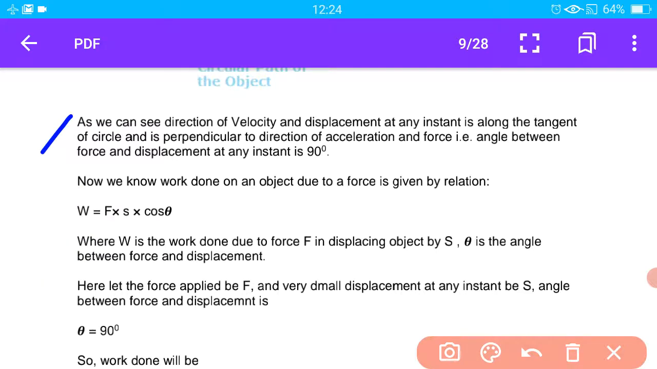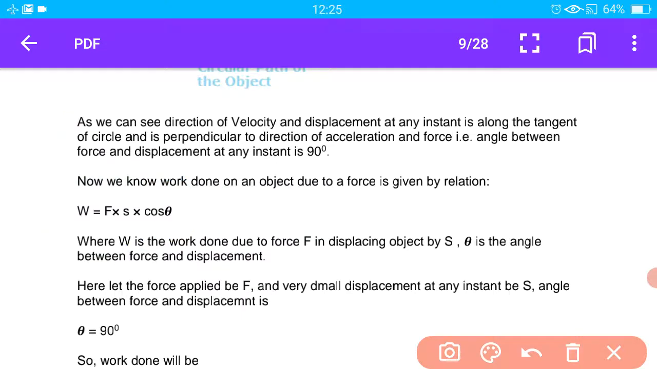As we can see, the direction of velocity and displacement at any instant is along the tangent of the circle, and it is perpendicular to the direction of acceleration and force, so the angle between force and displacement at any instant is 90 degrees. Now we know the work done on an object due to a force is given by a relation. So the formula is W equals F into S into cos theta,